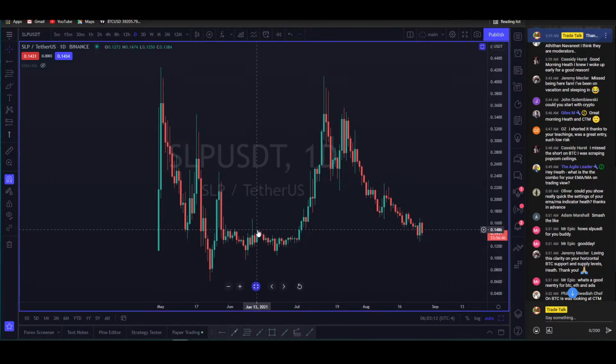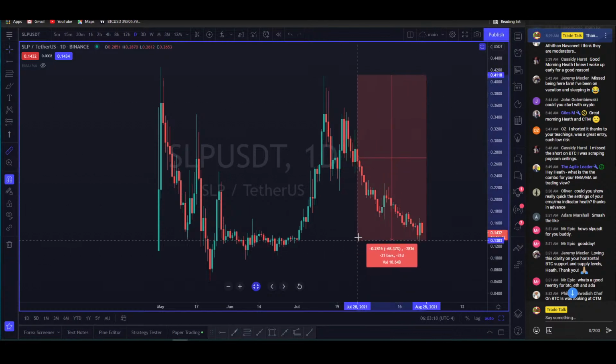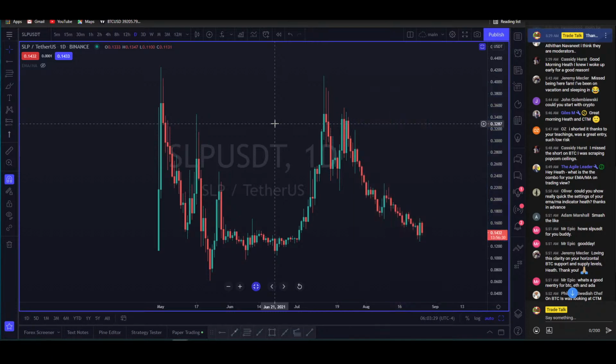Is this a good spot to buy it? Let's see. You're off a lot, you're off 67%. Here's the thing: anything that's off 67% is a pretty good buy unless it just goes down for its entirety. If it's only been going down for its entire life, then you don't want to buy anything that's down 67%. But if it went up, made all-time highs, came back down, and it's at 67%, maybe.